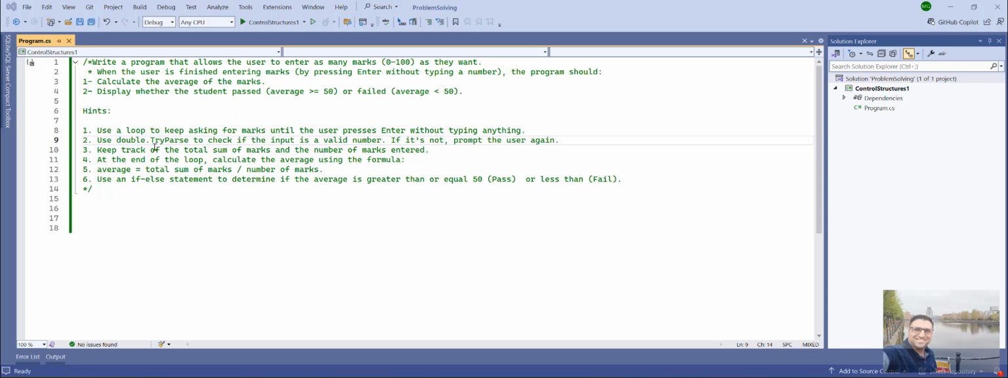Then use double.TryParse, and this function we'll discuss later. This function basically will return true or false, and if it's true, then it will allow you to add the result into a variable inside the function to check if the input is valid. If it's not, then prompt the user again. Keep track of the total sum of marks and the number of marks entered. At the end of the loop, calculate the average using this formula, and then last but not least, use an if-else statement to determine if the average is greater than or equal to 50 or less than 50, which means the